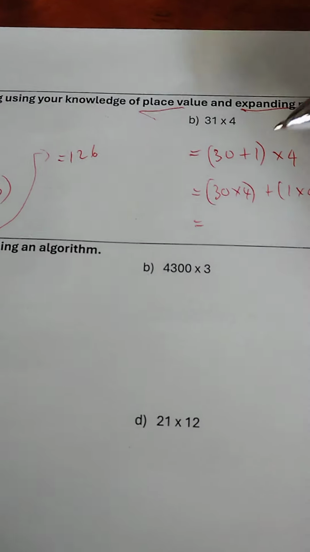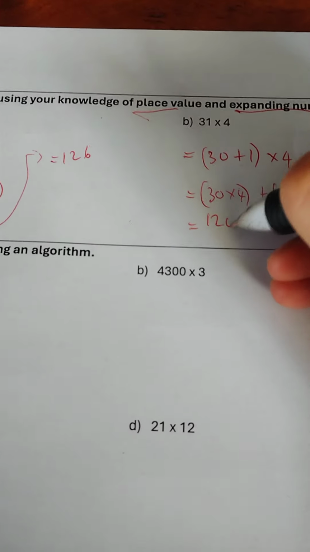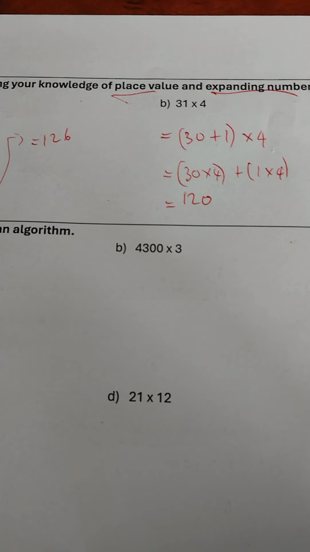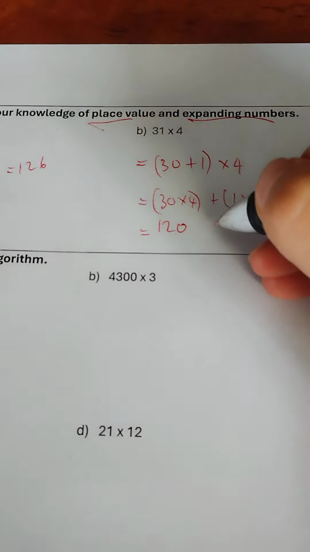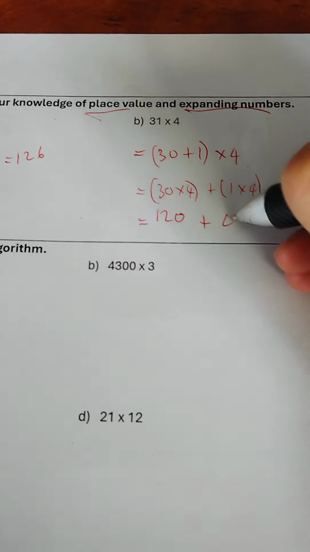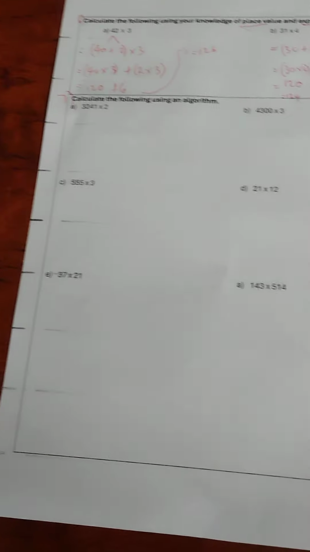So now I'm left with 30 times 4. I can do this mentally. 3 times 4 is 12, and add the 0. So 120, which is the same product as 40 times 3, plus 1 times 4 is just 4. So I'm left with 124. All right, and now with our last section,